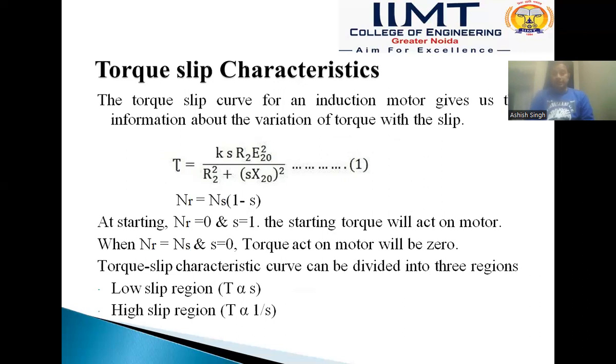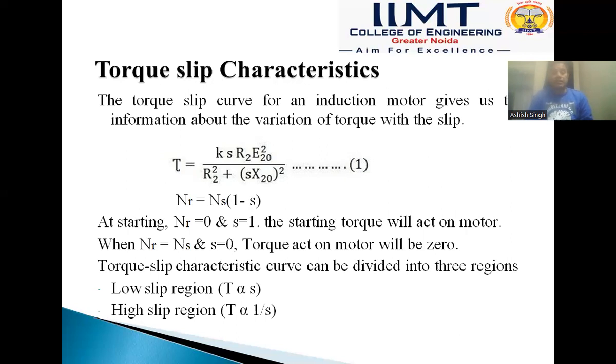So after discussing slip, we have to discuss the torque-slip characteristics of the three-phase induction motor and how the three-phase induction motor torque varies in different slip regions. The torque-slip curve for a three-phase induction motor gives us information about the variation of torque with respect to the slip of the motor. The formula for torque is equals K s R2 E2_0 squared upon R2